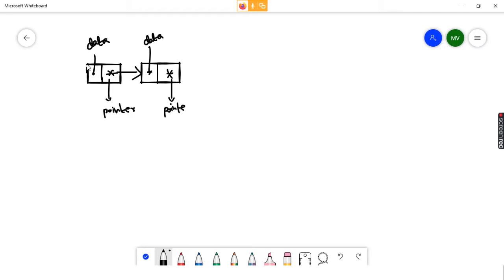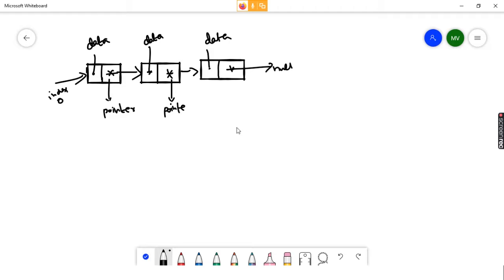So this is the initial value. This is index 0. I'll consider this the last value, which doesn't have any next pointer, so this pointer will target null because it's the last value, and this is a data.